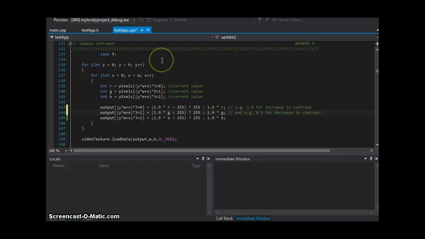Example number 5 is a simple contrast. And we start out by looping through the pixels, one loop for X and one for Y. And here we declare that the red pixels will be stored in the variable R, so this is an integer. And the green pixels will be stored in G, and blue pixels will be stored in B. And that's all the current values